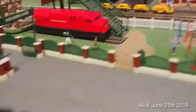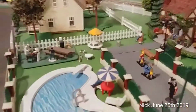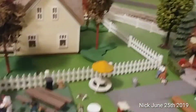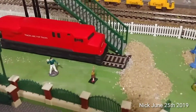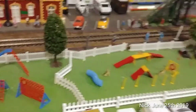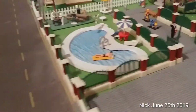And if we go in through the parking lot, we have the cafe, a small swimming pool, a barbecue, some people playing catch, the playground area, and the Canine Training Center behind the police station. If we come back through and continue